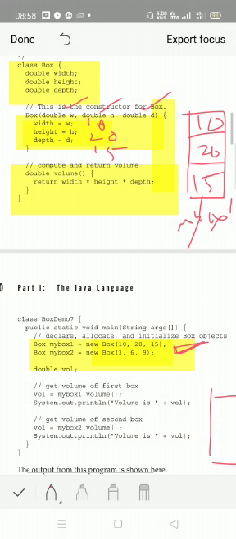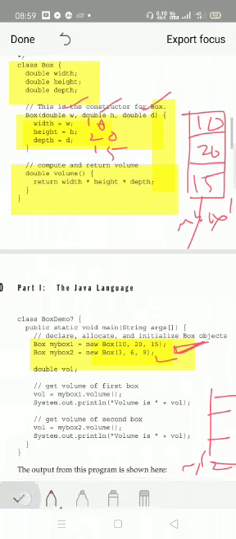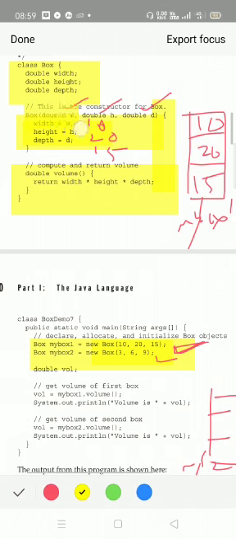Next statement from the main function. Check the next statement from the main function. mybox2 equal to new Box of 3, 6 and 9. So mybox2 I have written over here. Check the contents. Once again, for mybox2, its constructor is called as soon as the object is created. So the constructor, this special member function, takes three parameters, which you can see: width, height and depth, that is w, h and d.